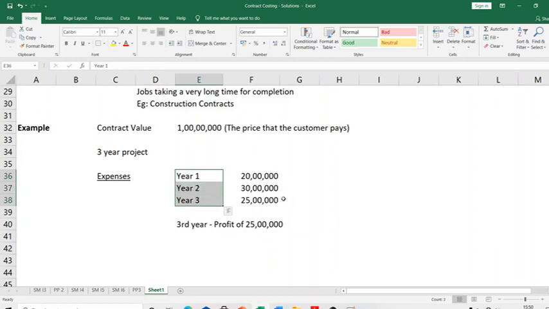Only because you shifted revenue and cost recognition to the third year, profit also gets recognized in the third year, but that is ideally not going to make great sense. It will mean as though in year 1 and year 2, nothing happened. There was no result of your operations in year 1 and year 2. Suddenly everything came in year 3. That's not a very good idea, right? It's not a very good way of presentation.